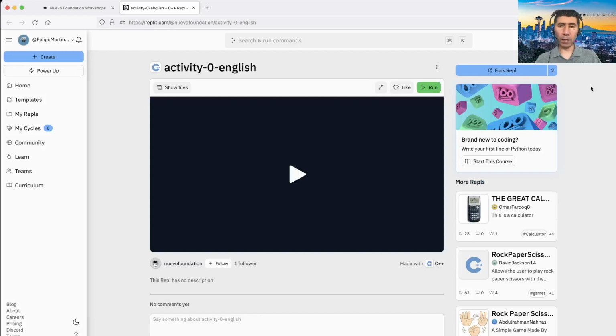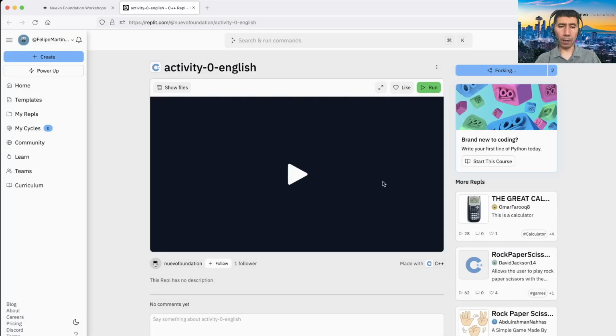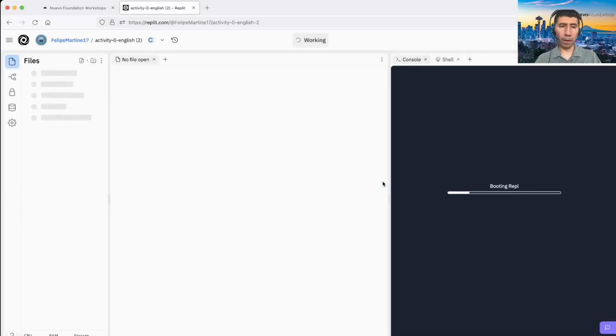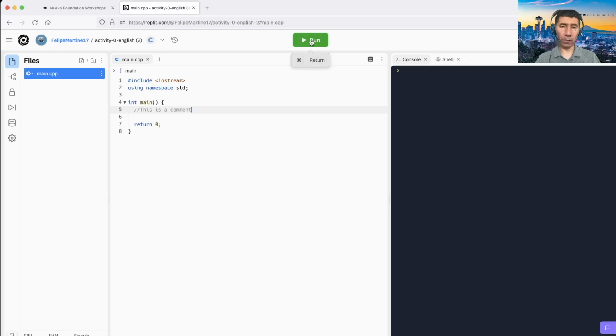Once you're logged in, if you click again here on Open on Repl.It, in order to be able to edit and run the exercise, we're going to click here on Fork Repl.It. We're going to leave the name the same. Now the source code of this program is editable, so we will be able to modify it here, or the comment, or whatever we would like to modify. To run this program, we are just going to click here on the Run button, and that will run it. This program at this point is doing nothing,